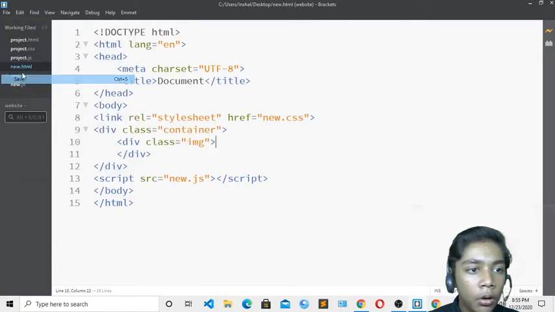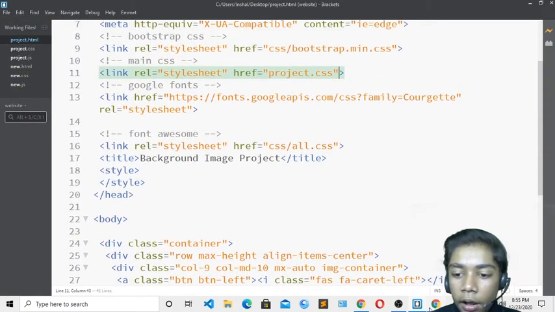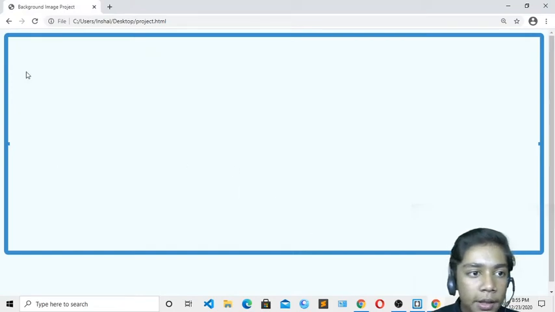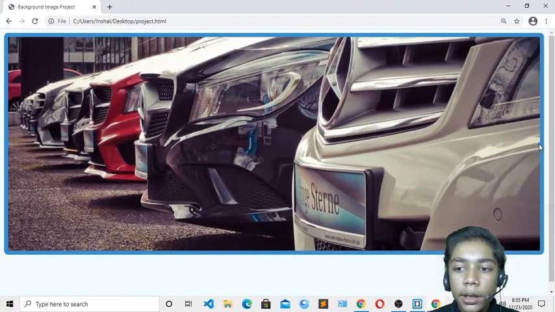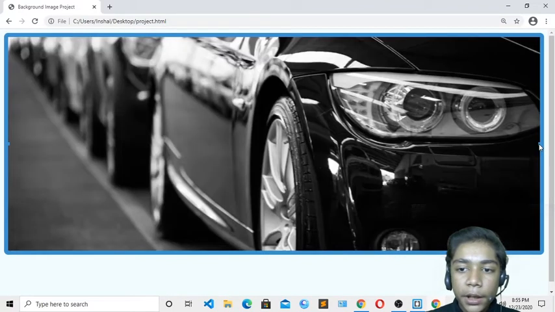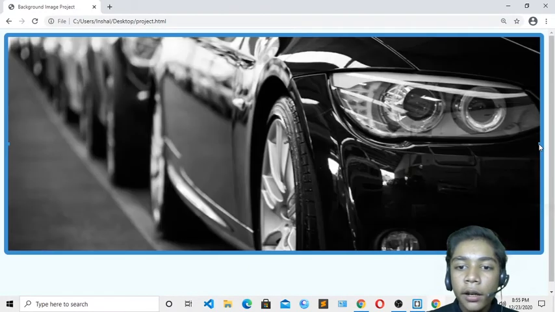Now if I show you, here you can see now it is just blank over here, because we have not written that. If I just press it, here you can see my image has been coming. If I press it again, here you can see second image, then the third one, and then the fourth. Like that you can also do.